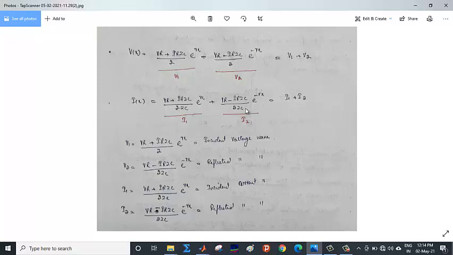So we'll talk about this when we talk about the transients in power system, and also in the characteristic impedance. We always want this to be equal to 0, because we don't want the voltage wave to be transmitted or reflected back. We want whatever voltage we are sending, it should be transmitted to the receiving end. There should not be any part of the voltage that should be